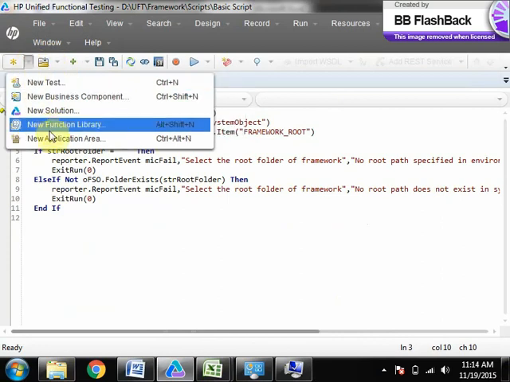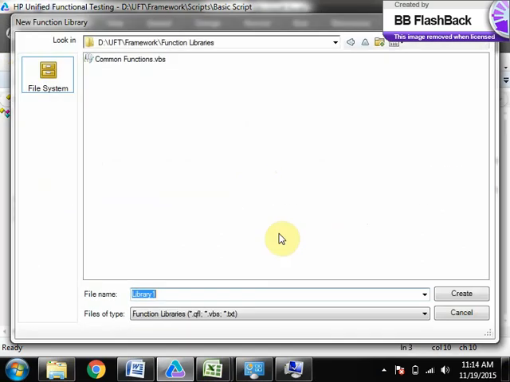We will create one more function library, because we are going to use a lot of global variables like this.